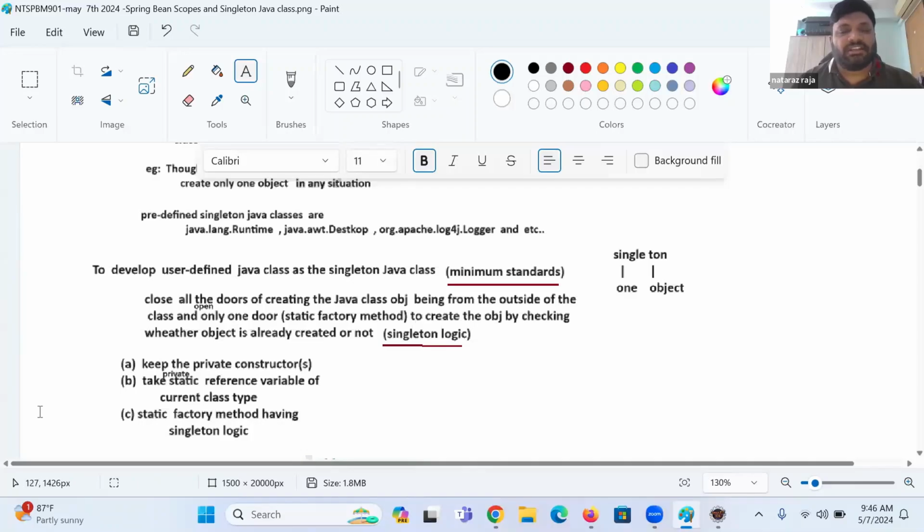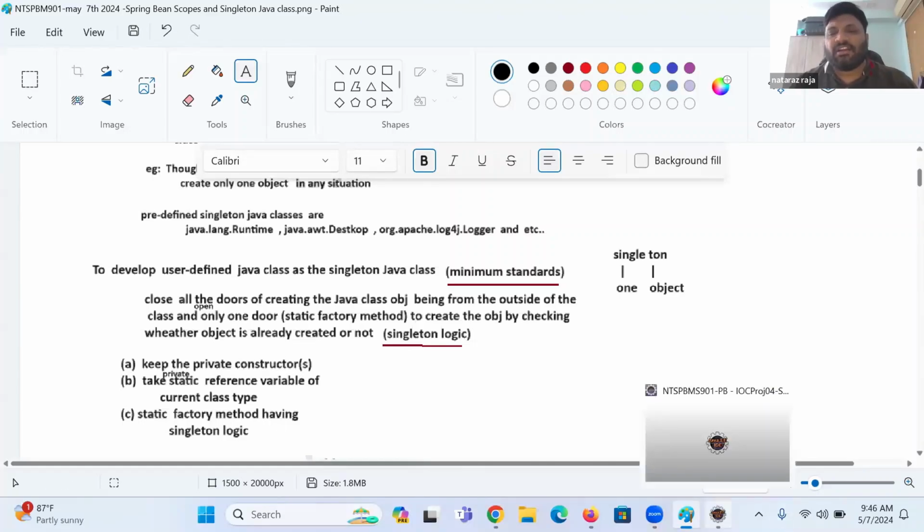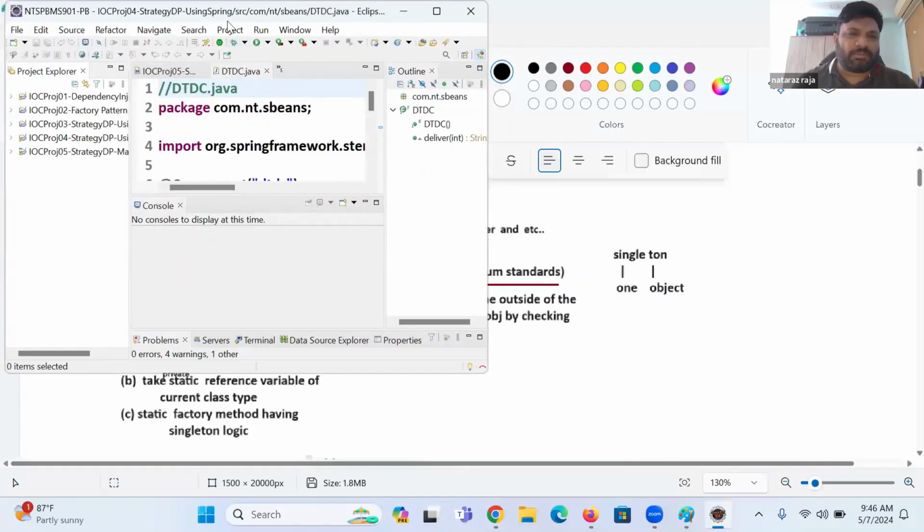If not created, in the static factory method, we can create a new object. If already created, we can happily use the existing object reference. And the static factory method's singleton logic means checking in this reference variable whether the object is already created or not. If already created,